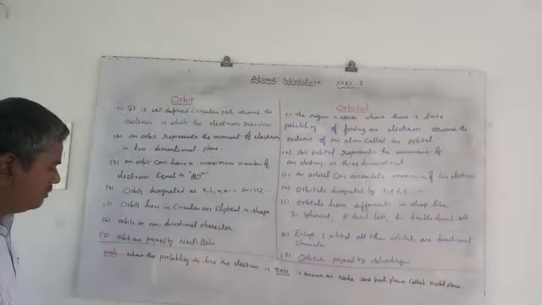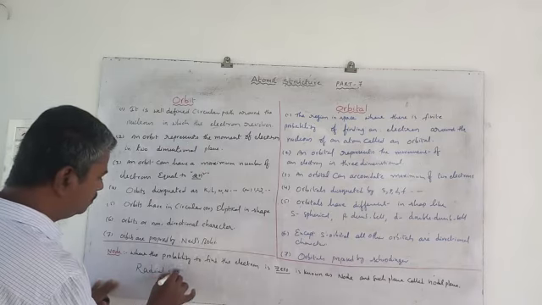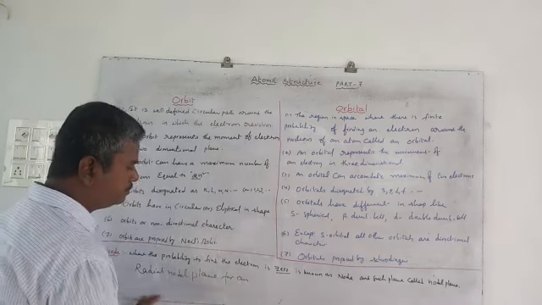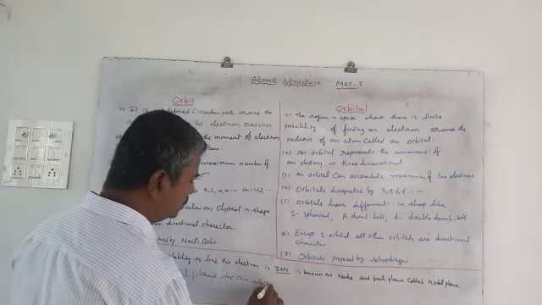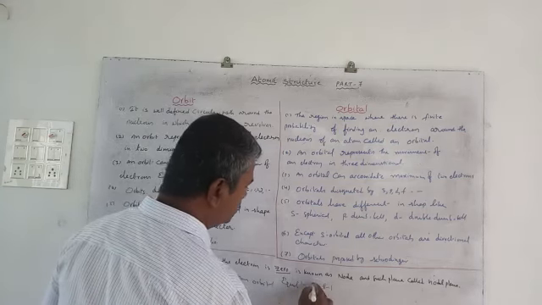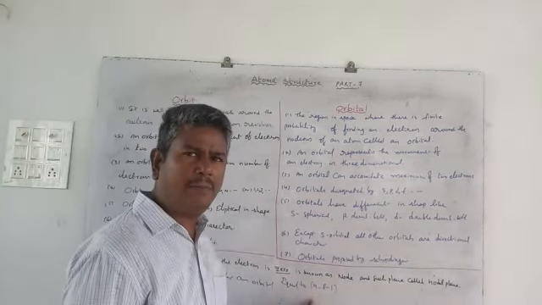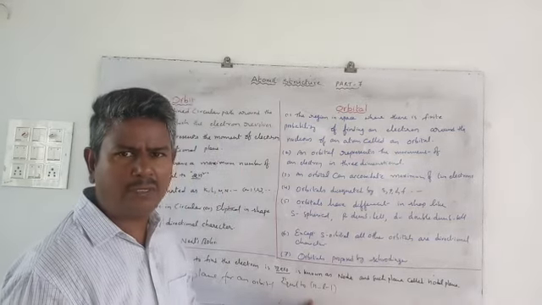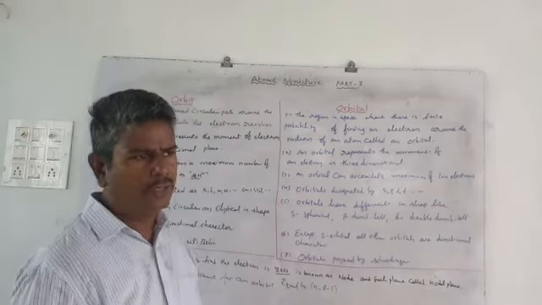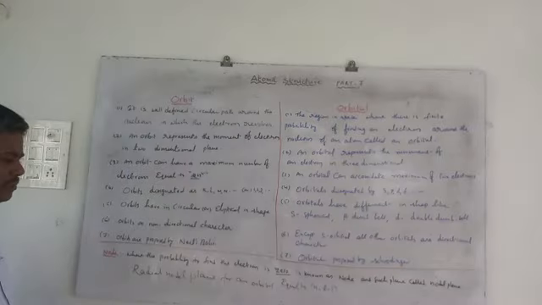So for calculation of radial nodal planes for an orbital, the number equals n minus l minus 1, where n represents the principal quantum number, l represents the azimuthal quantum number, and n is the constant value. So while you are substituting the values of a particular orbital, we get the nodal planes.